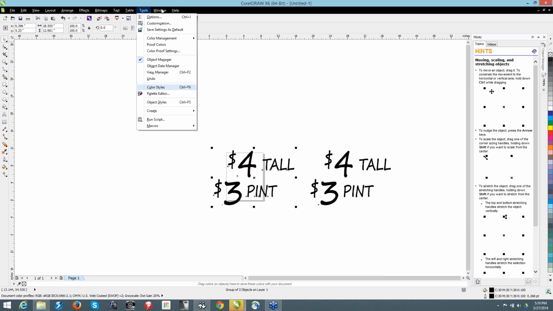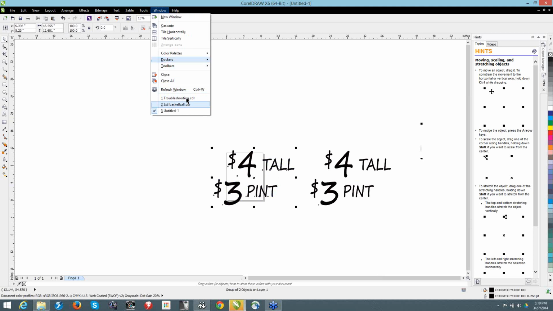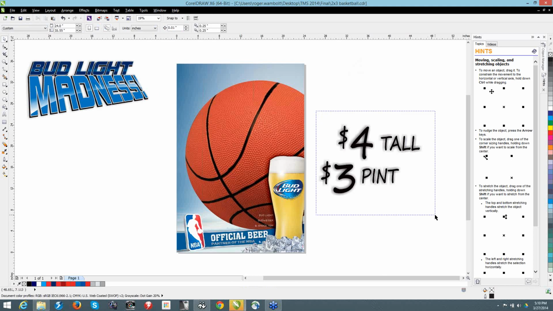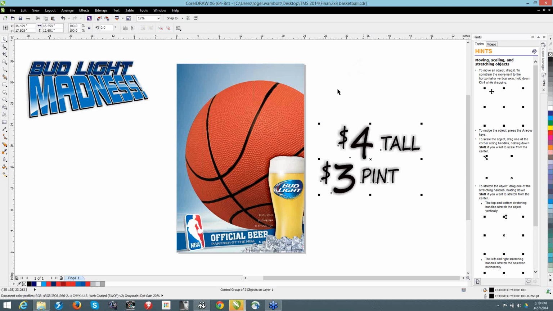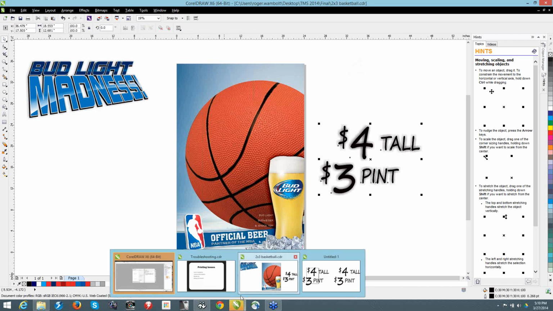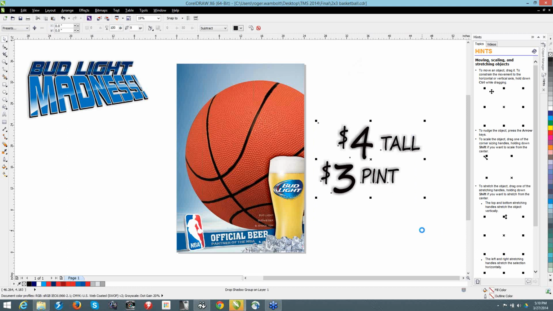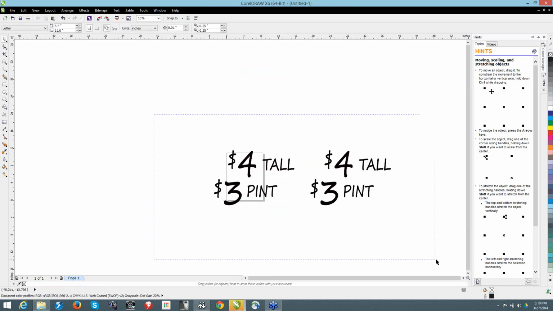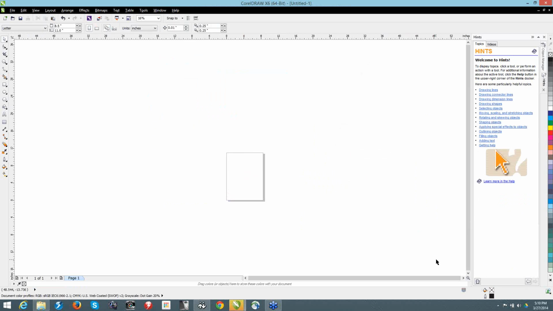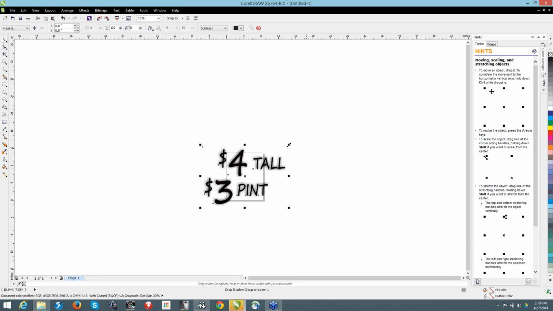And I didn't get what I wanted. You'll notice that if I select just the text, I've actually selected the control object. So if I edit the text, it will change the drop shadow. So that's all I copied was the text. So if I go and print this,